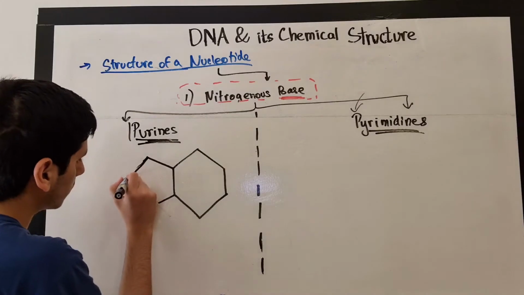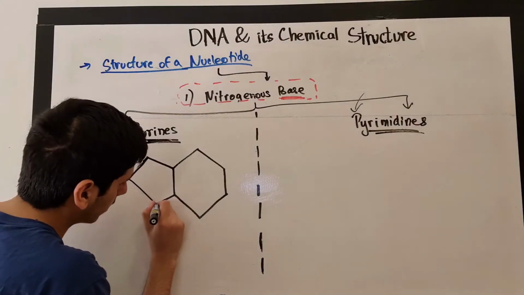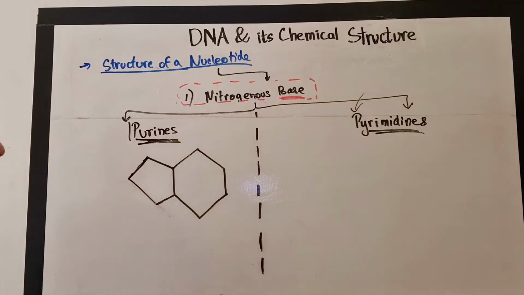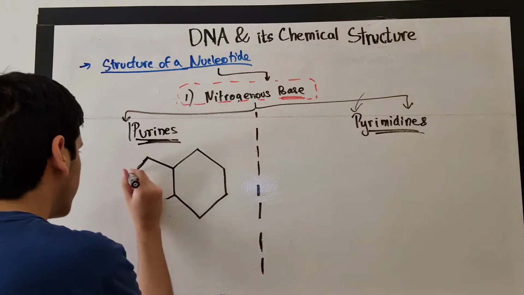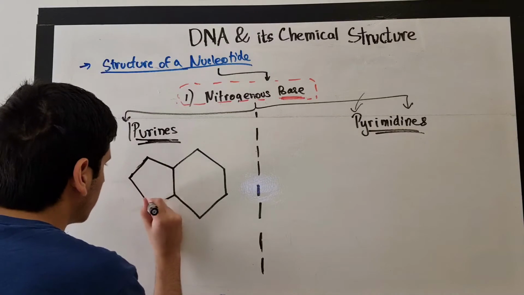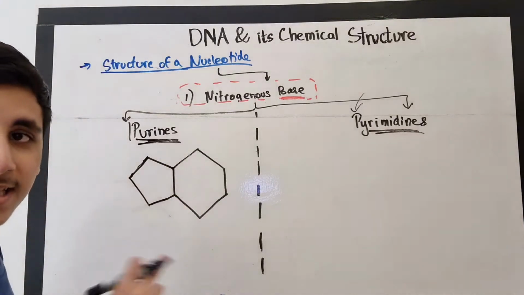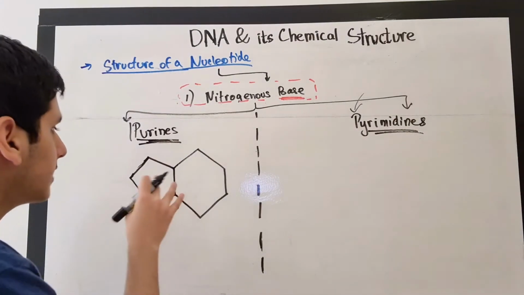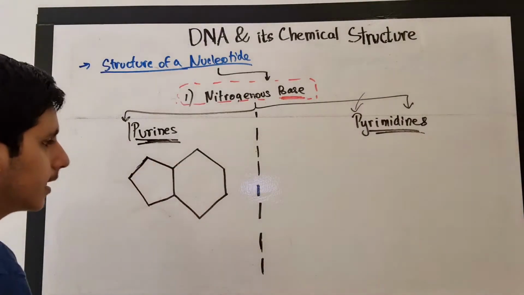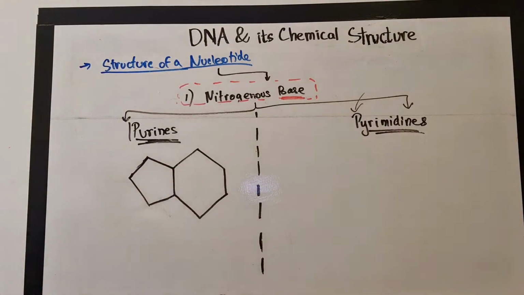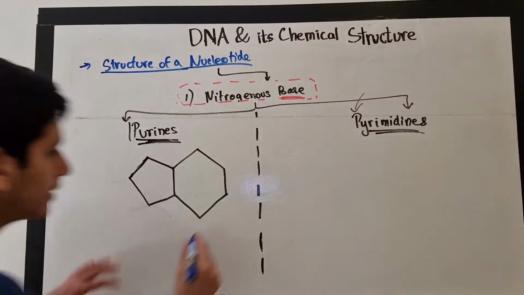Let me make it a bit more regular, a regular pentagon. Yeah, it's fine. So, yeah, that's better. Okay, that's a pyrimidine. Sorry, that's a purine. And so purine has the two different rings. And so if I were to just right now quickly denote the names of the rings, it's a